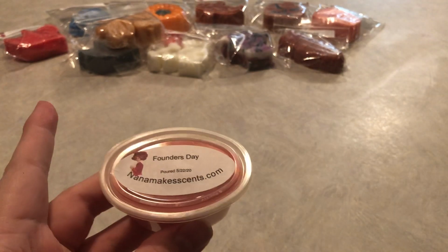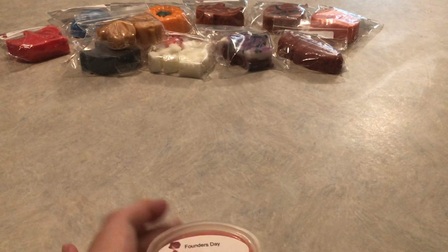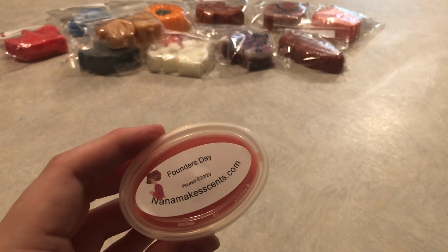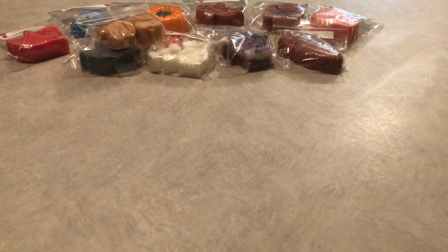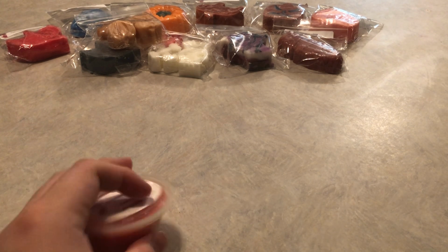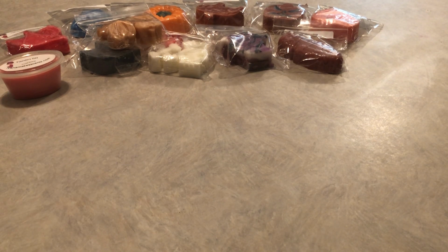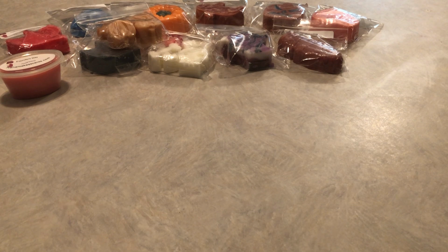So if there's a pumpkin carnival kind of vibe that you can get with County Fair Massacre, Founder's Day definitely has more of the apple kind of fair vibe. I absolutely love it. Again, that's one of my ones that I just had to go ahead and repurchase. Now, going back into...